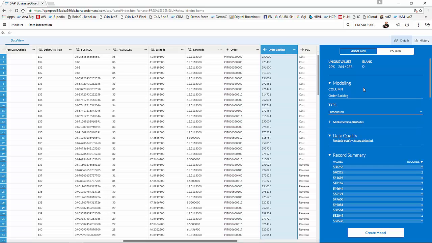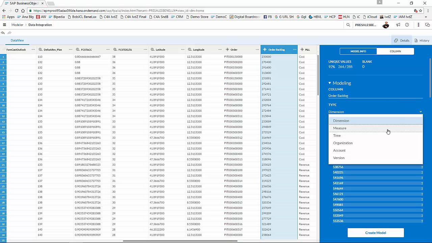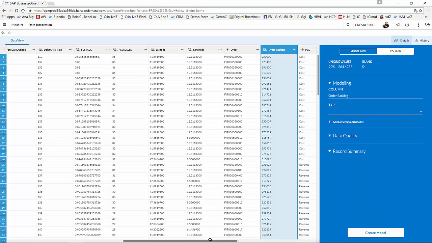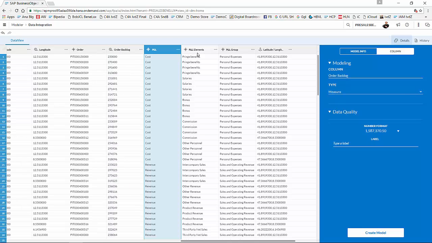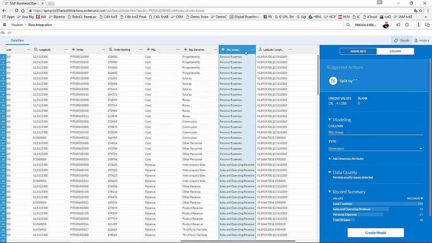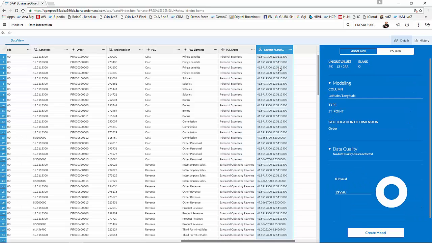The order backlog is a measure. I need to change that. And I'm going to leave the others, P&L, P&L element, and P&L group as is. They are correctly indicated for the moment. Over here you can see that the hierarchy that I created for the long lat on order level generated a new column. This allows me to create a model, and I'm going to tick that button right after I've shown you